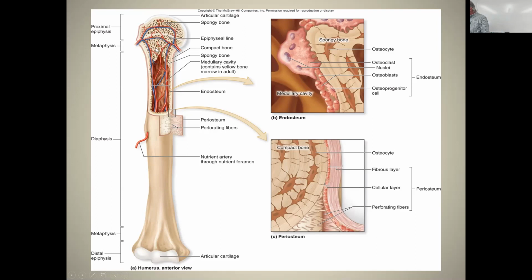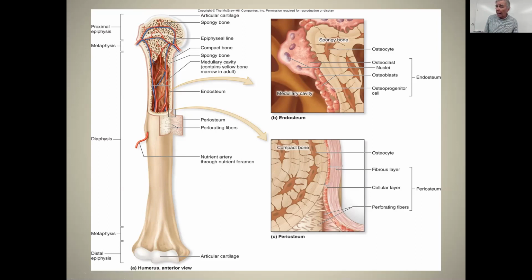So epiphysis, spongy bone, and then there's articular cartilage on the outside of the bone and on the ends of the bone. And then here is some compact bone here with these lamellae with osteocytes in lacunae, which are spaces within the bone. And then we don't need to know the different layers of the periosteum. Here's the endosteum here and this is spongy bone with osteocytes, and it has also